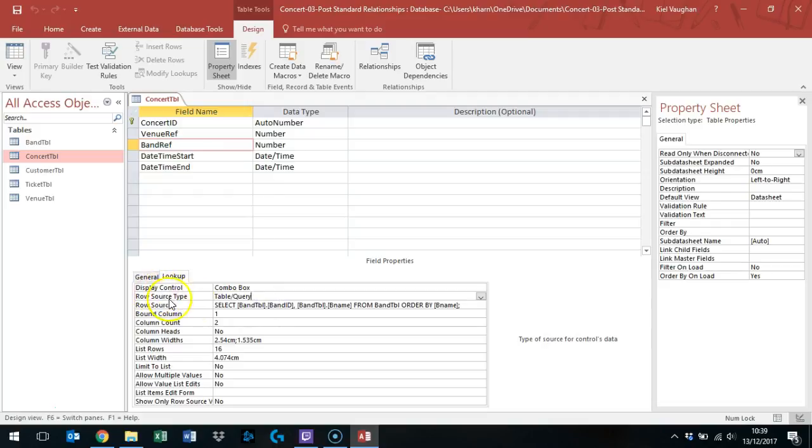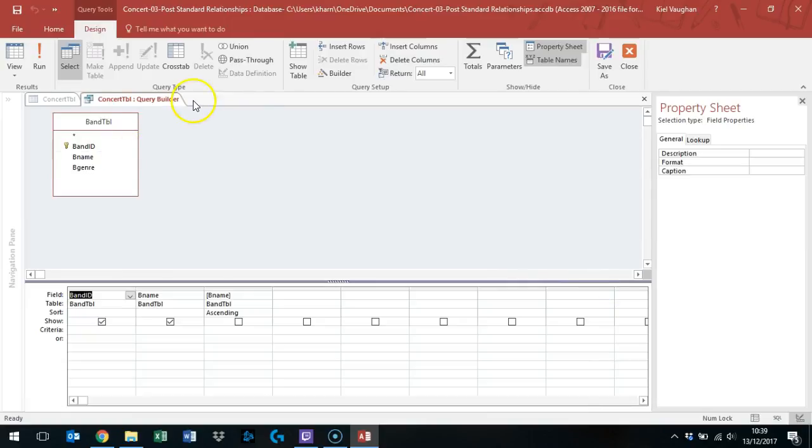So the row source type is a table/query. You can actually edit SQL code pure into this slot here, or you can click on the ... which takes you over to like a query builder, and you'll notice that this is summarized in the Lookup Wizard. So we selected band ID, we selected band name, and we only want to show those two, but we didn't show band ID. And you can create all sorts of funky stuff in this by adding extra tables, but we'll go into that later. So close that down